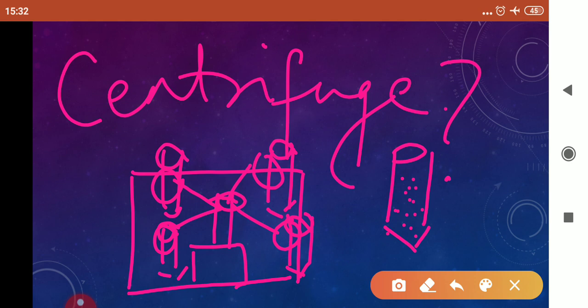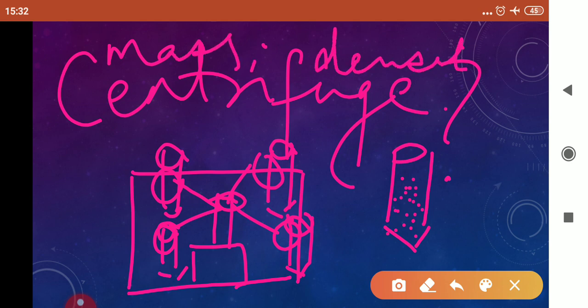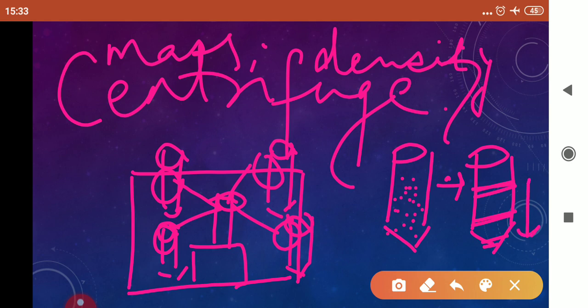It can be 1500 rotations per minute, it can be 1000, it can be 15,000 rotations per minute, depending on the type. So, after rotating, it separates the particles on the basis of their mass, on the basis of their density, and we get the result in the form of bands. Means particles get separated on the basis of their sedimentation coefficient. Higher the sedimentation coefficient, higher will be the number it will get.